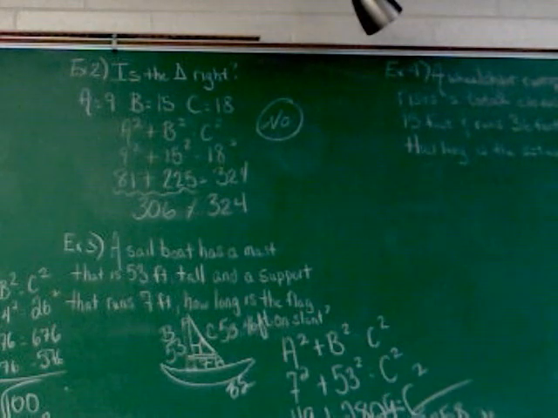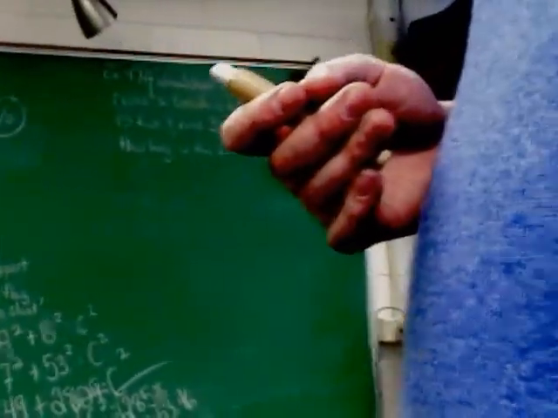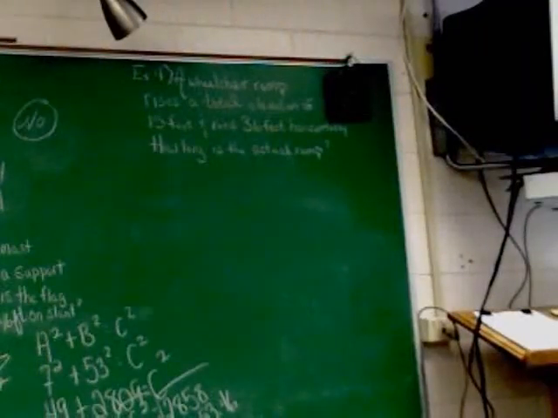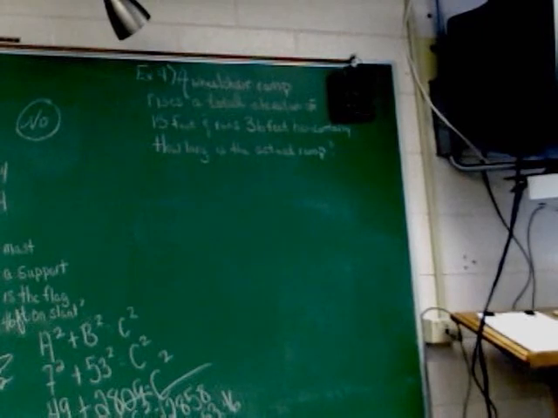All right, one more. I get to draw one more. Good. All right, example 4. A wheelchair ramp rises a total elevation of